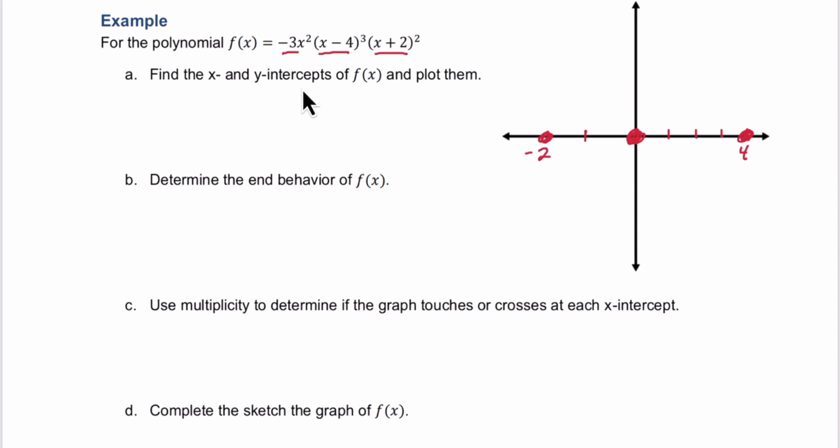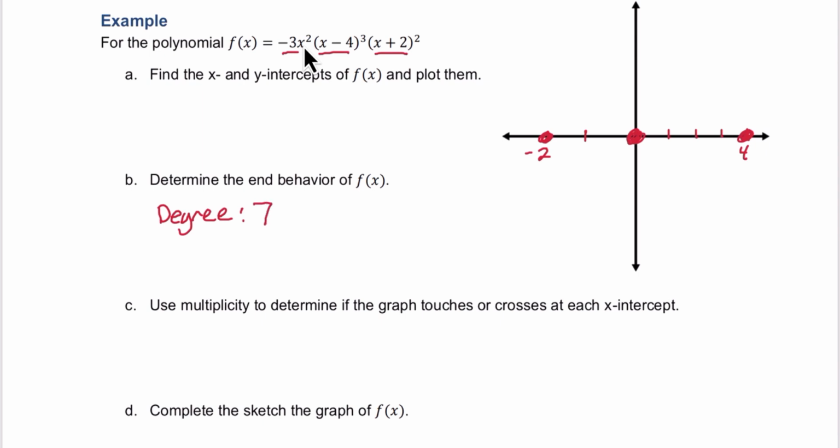To find the y-intercept, we set x equal to 0, or we could recognize that we actually already have the y-intercept. It's 0. To determine end behavior, we need to do a couple things. We need to first look for the degree. The degree in this case, if we add these powers, we get 2, 5, 6, 7,